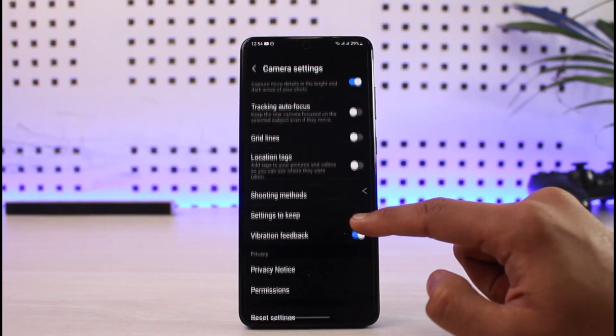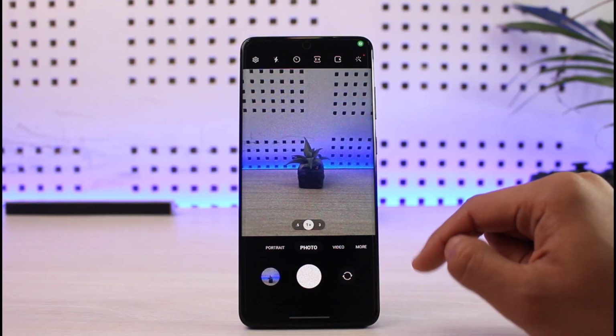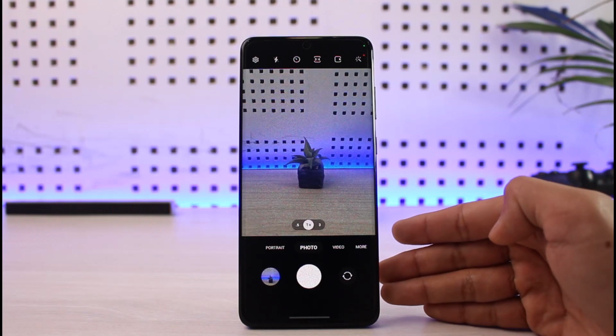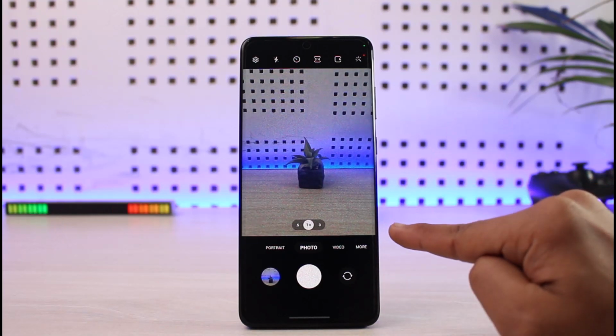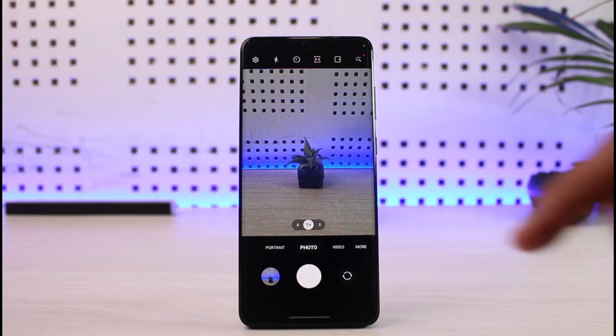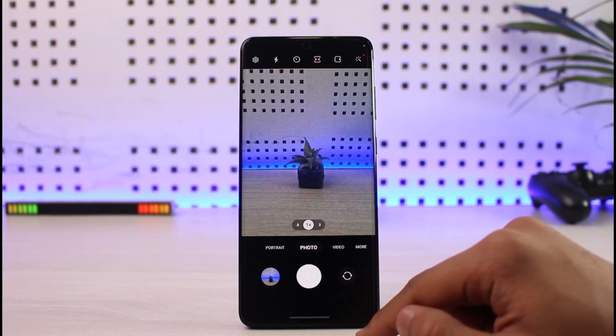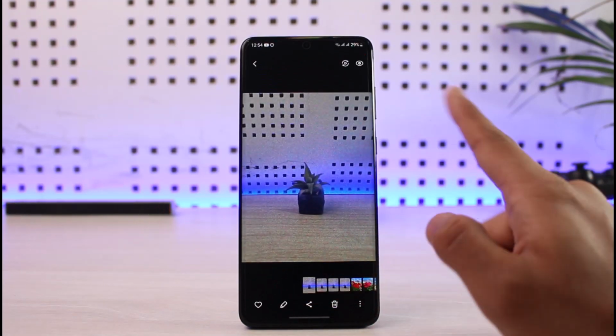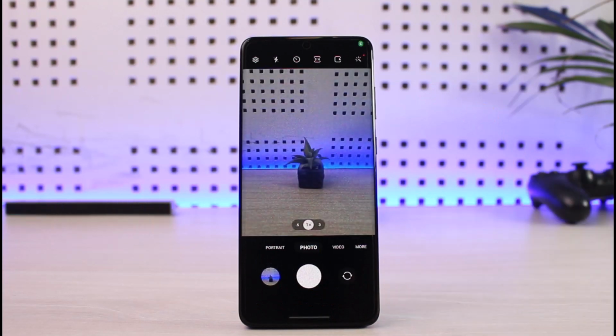Last but not the least, there is quite an underrated feature. If you're using a flagship Samsung phone, you have the 108 megapixel camera. In my case, I have the 64 megapixel camera on my Samsung Galaxy. If you're using the S22 Ultra or the S23 Ultra, you have the all new 200 megapixel camera. But whenever you're taking a photo, it's not utilizing the full 200 megapixel camera because this is still a normal photo. If you want to utilize the full 200 megapixel camera or the 64 megapixel or the 108 megapixel camera,